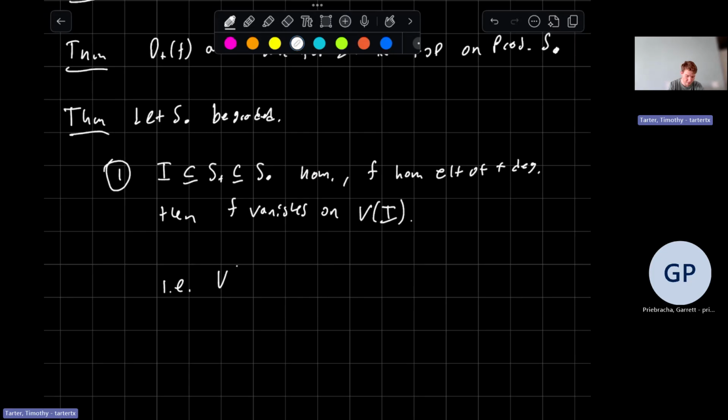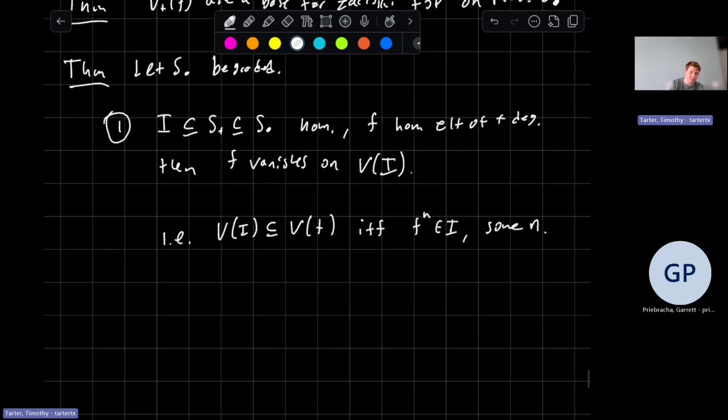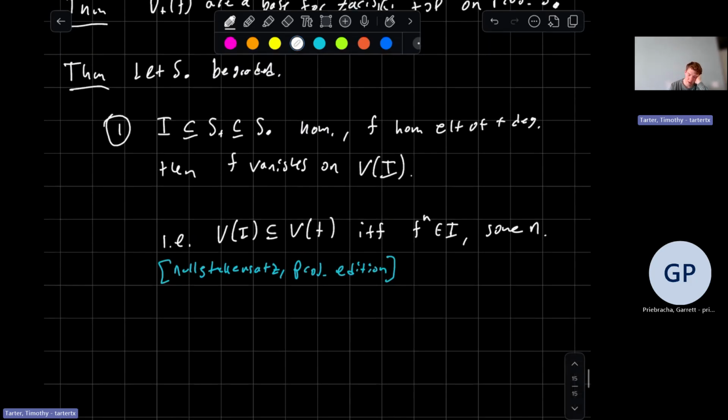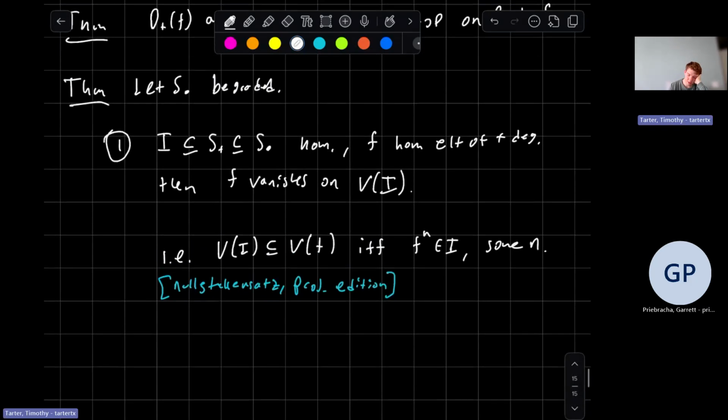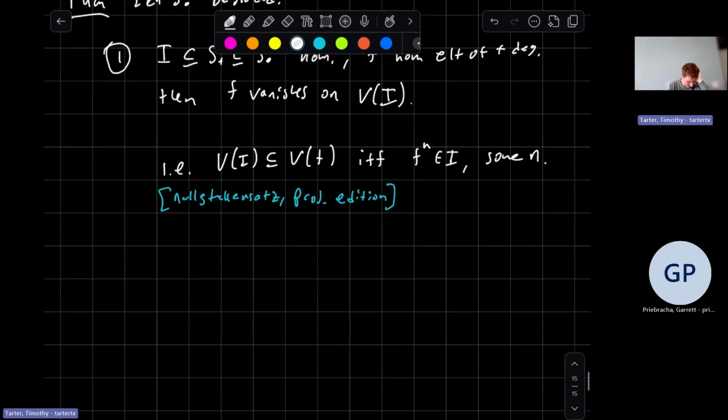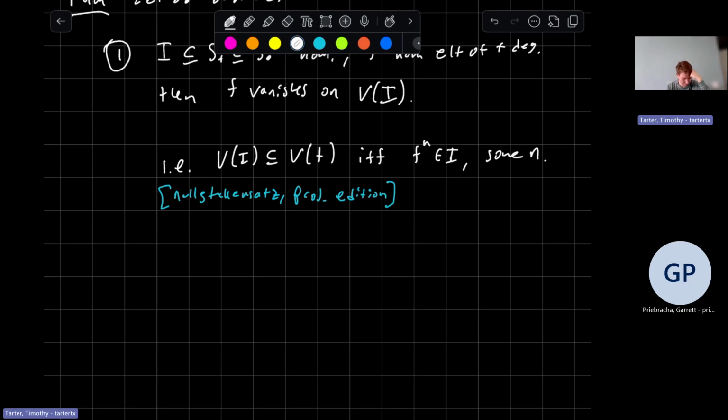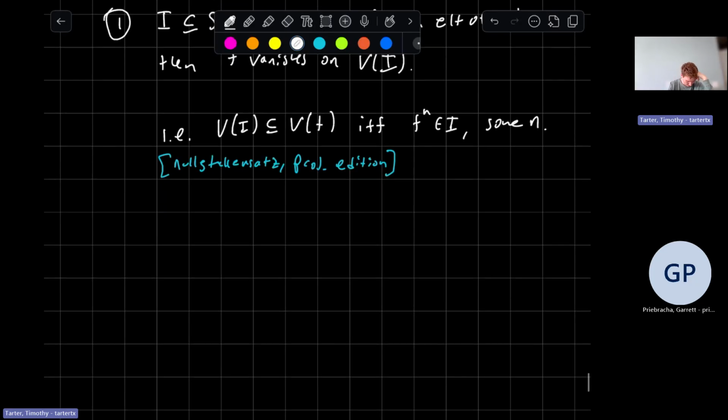This can be equivalently written: V(I) is contained in V(F) if and only if F to the N is in I for some N. And this is very clearly the projective version of the Nullstellensatz. Right? So yeah, and then